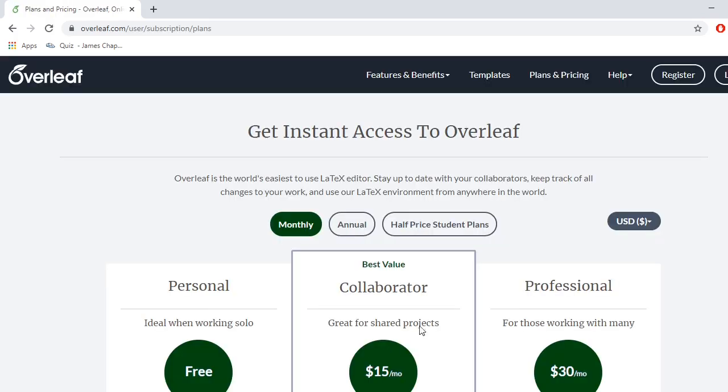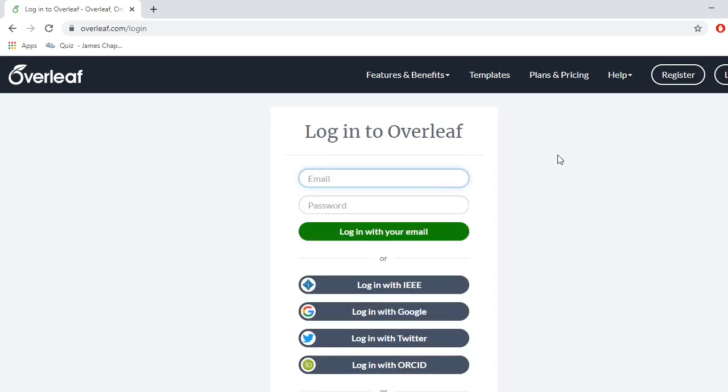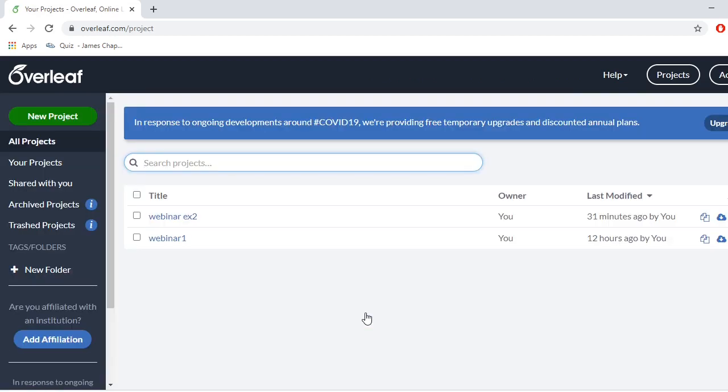When we sign in, we will get this type of page, and like how you log into your mail, you just log in. I have registered with a Google account, therefore I am logging in with my Google account.